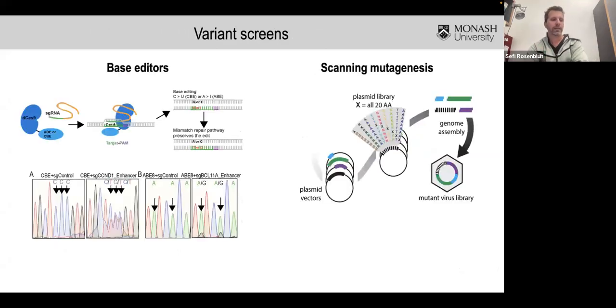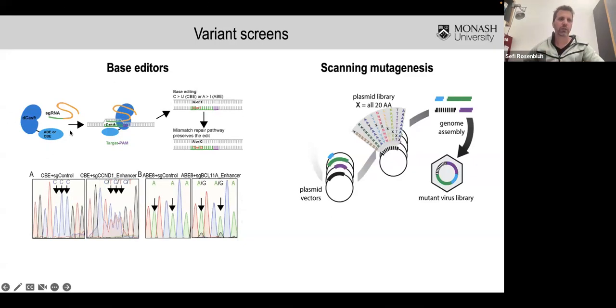Okay. So those were the main methods that we use for suppression of genes, so either combinatorial, overexpression, or suppression of gene. And the next slides that I'm going to talk about is about variant screens. So in variant screens, we're interested in not suppressing completely a gene or not overexpressing a gene, but we're interested in introducing a variant, a mutation, and measuring the phenotype that it mediates. We have two ways that we could do this, either with base editors. So base editors are, again, dCas9, but here dCas9 is fused to a DNA modifying enzyme.